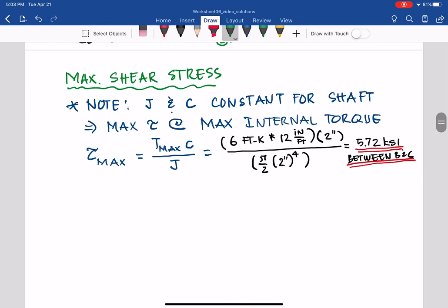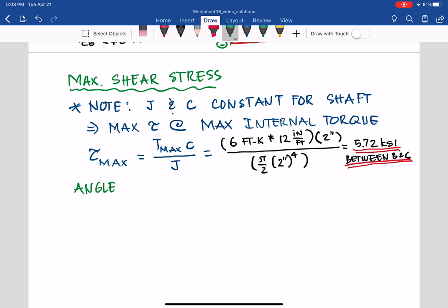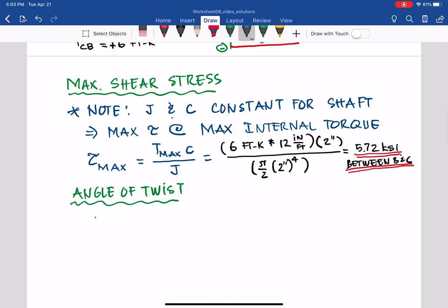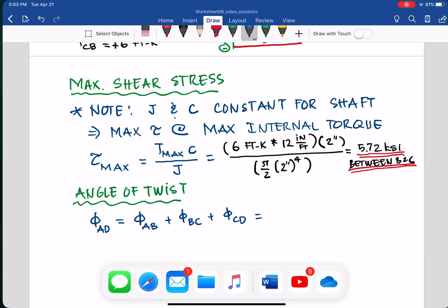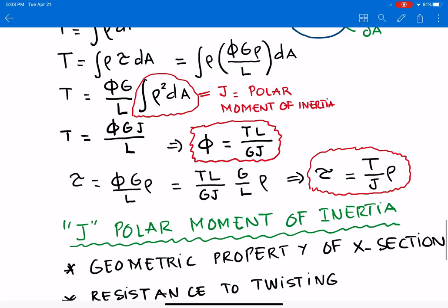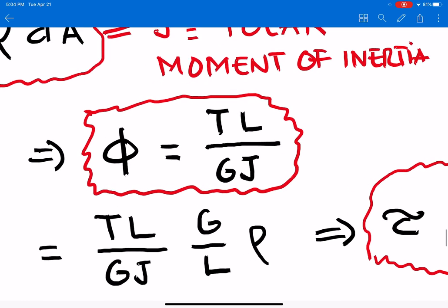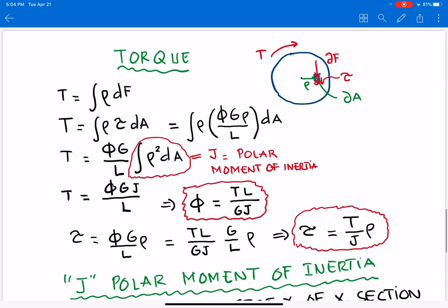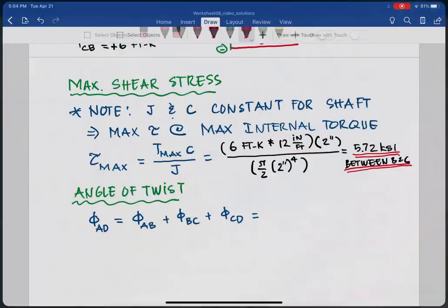Here, next, the angle of twist. So we already know it for each portion. So we have phi of A relative to D, which is the free end relative to the fixed end, equal to phi for each portion: AB plus phi BC plus phi CD. And for each segment, we know how to determine phi, equal to TL over GJ, that in lesson 6 we have here. So from that, plug in here, we will have